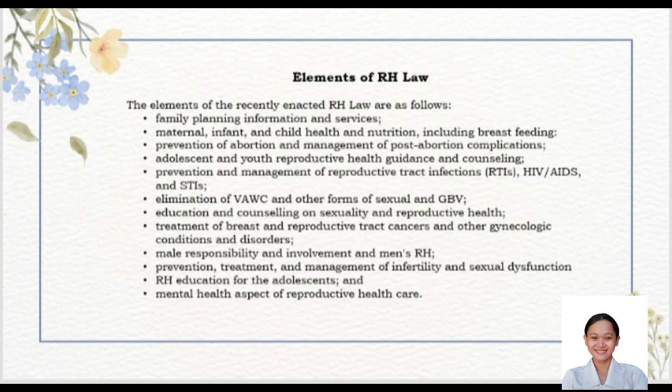Elements of the RH law. The elements of the recently enacted RH law are as follows: family planning information and services; maternal, infant, and child health and nutrition, including breastfeeding; prevention of abortion and management of post-abortion complications; adolescent and youth reproductive health guidance and counseling; prevention and management of reproductive tract infections, RTIs, HIV or AIDS, and STIs; elimination of VAC and other forms of sexual and GBV; education and counseling on sexuality and reproductive health; treatment of breast and reproductive tract cancers and other